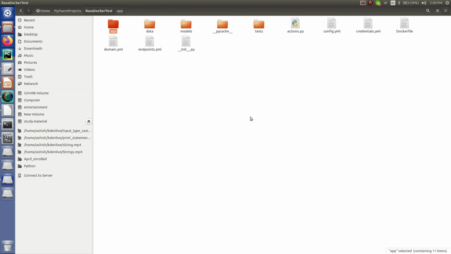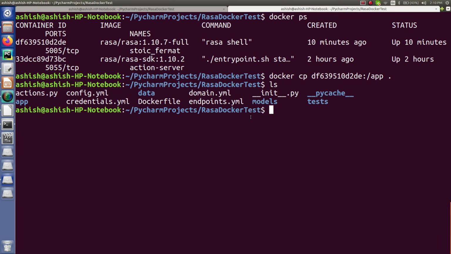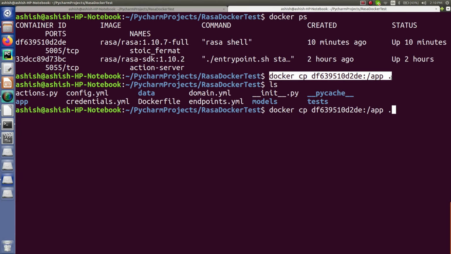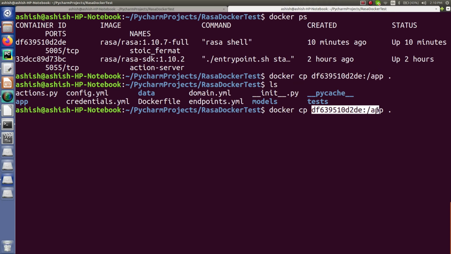Similarly, if you want to do the reverse process, let's say copying the data from your current directory to your Docker container, in that case we will simply change this command, and that command will be like this. Up to this point it will be the same, but right now what we have done is this is the source, this is the destination, right? Now we will just reverse these parts.